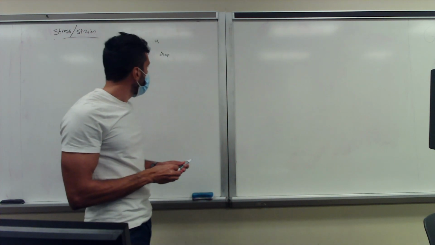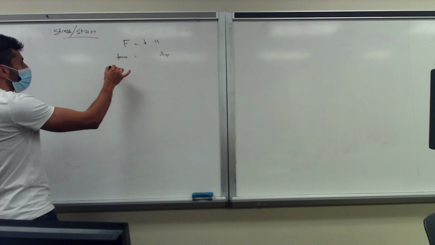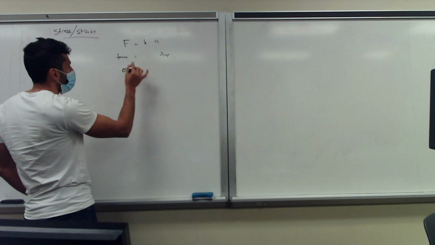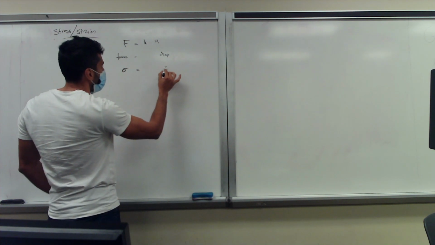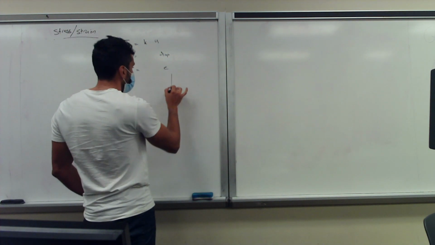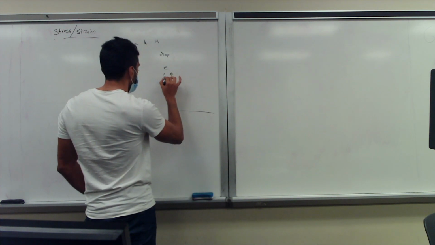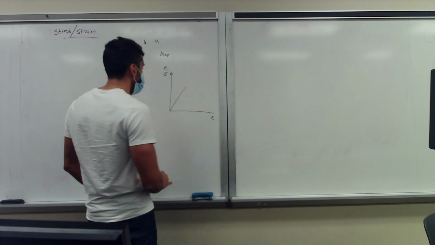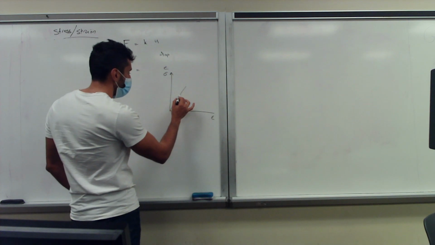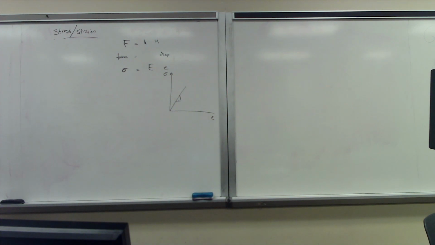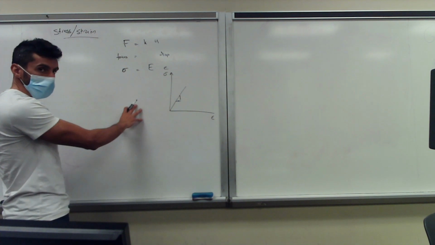They noticed that we know forces are proportional to stresses. So if this proportionality is valid, then this proportionality must be valid as well. And based on experiments, they noticed that if you do it for multiple stresses, and multiple strains, and measure those two, there will be a linear behavior, and this slope is what we call our Young's modulus E. So that's our proportionality constant. And this is valid for metals,